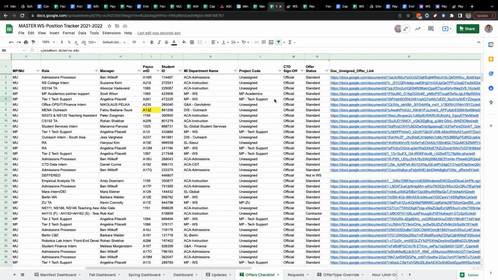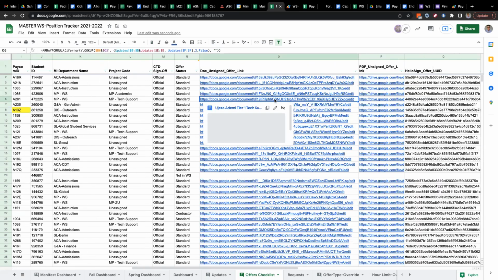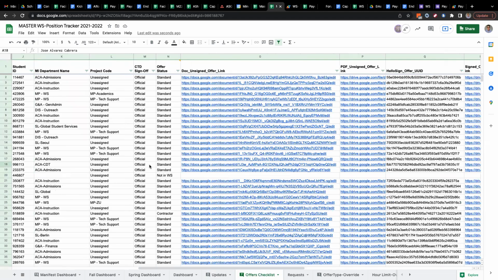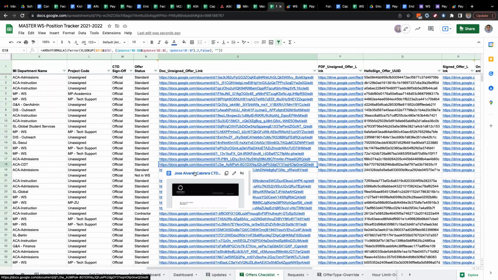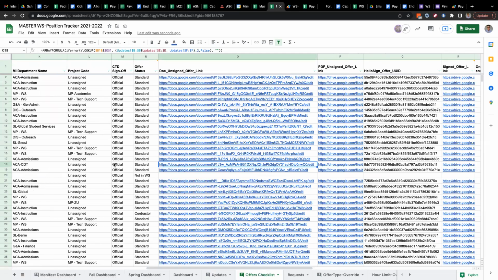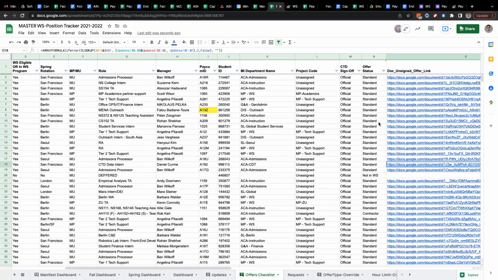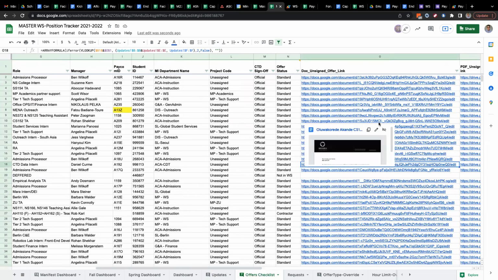If it was reported here straight, and this is text instead of a formula, then we won't have Ujesa Ademi lined up with Ujesa, right? Or if we go to Jose, this is not going to be Jose's offer letter. You see what I mean? Things would have shifted if you delete people and these things remain. So to avoid that problem,